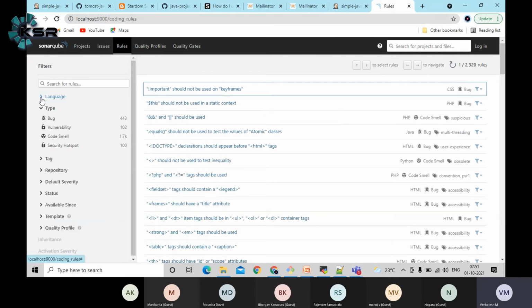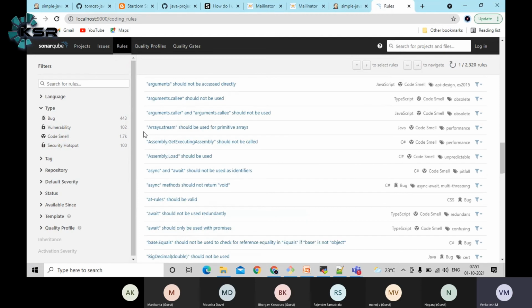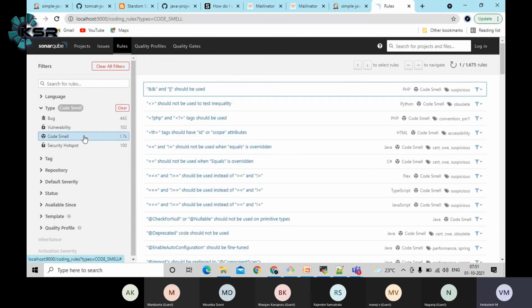Similarly, after this part, we're going to identify what security rules there are. This one is very dangerous, so this should be empty. Some of the rules, these things are not only for security purposes, guys. When you follow the coding standard, it will improve your application performance. That is also one of the good benefits of the coding standard.